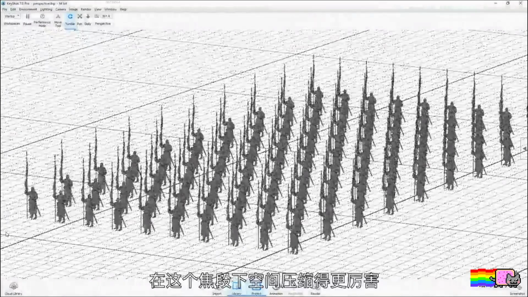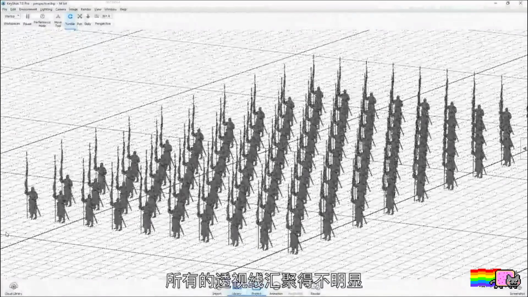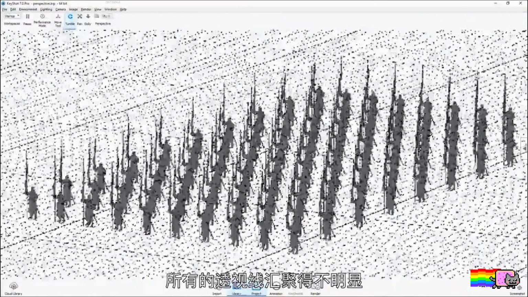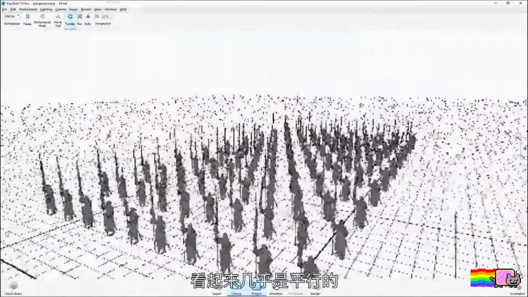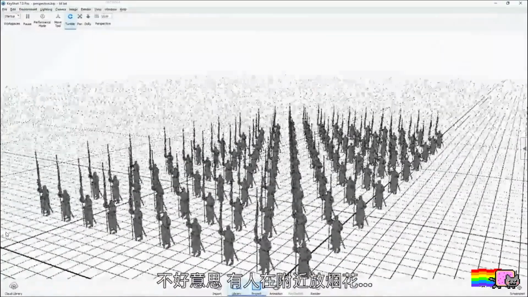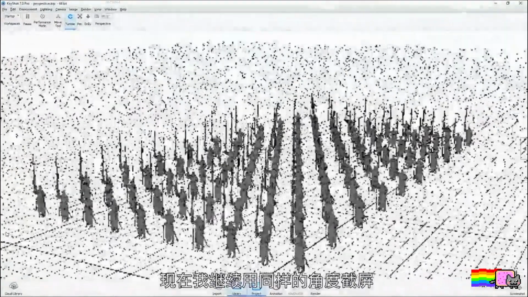In this one, it becomes more compressed. All the lines are less converging. They're almost parallel. I'm sorry, there's a fireworks somewhere nearby. But yeah, now I'm going to have the same view, and grab another screenshot,